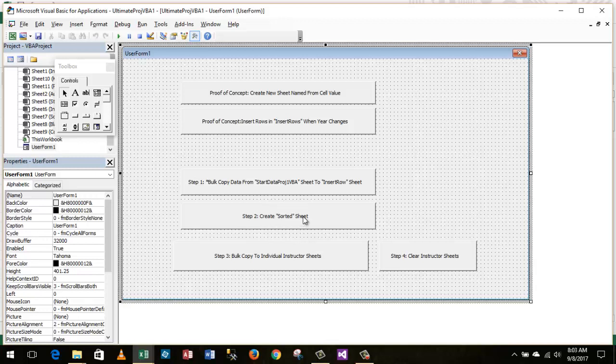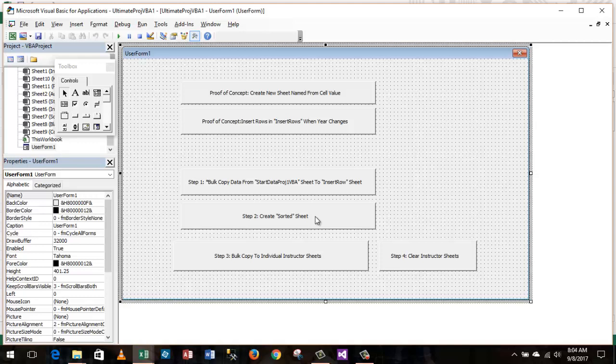It needs to then copy the data from the original sheet, which is start data proj1VBA, to that sorted sheet. It needs to run some macro generated code in a subroutine in order to do that 2-level sort that I described previously. And then it will need to